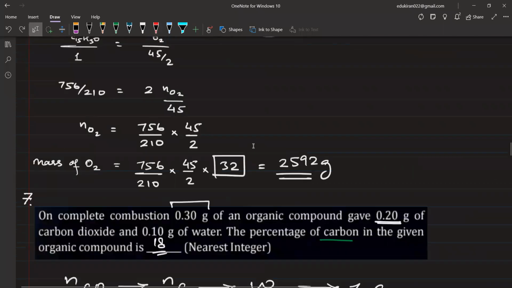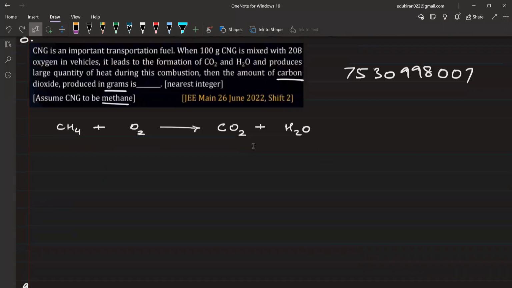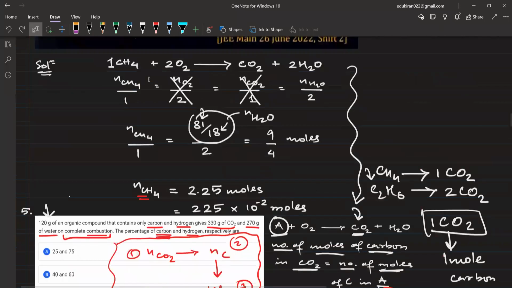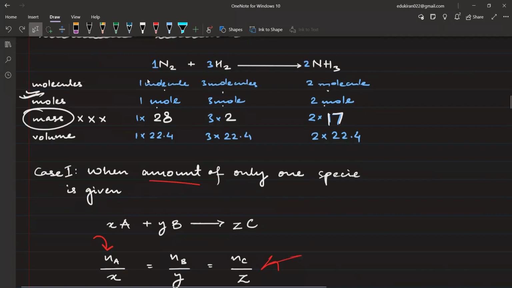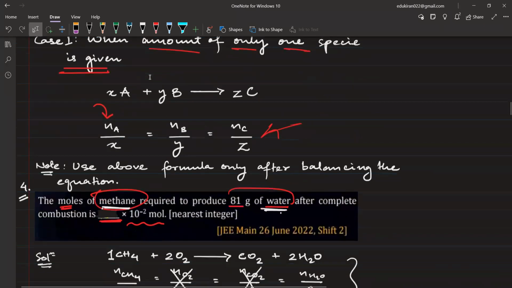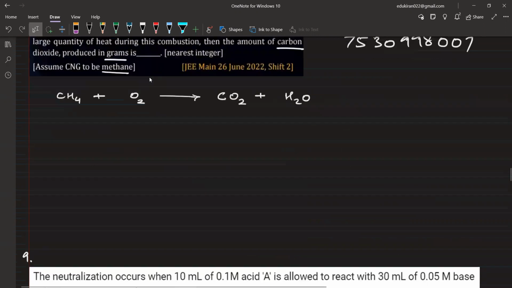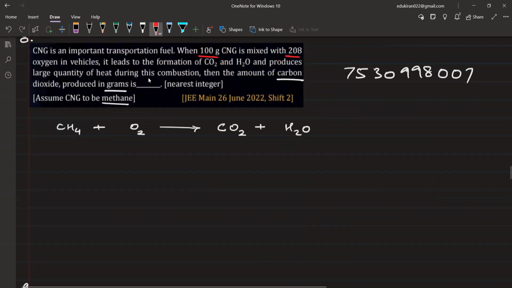Yes sir. ठीक है, चलिए इसमें सबसे पहले देखिए आप लोग, the thing is that in this question you have to use the concept of limiting reagent, because हम जो cases अभी तक पढ़ रहे थे that was when amount of only one species is given, तब we can simply use this। जब लेकिन जब amount of two species is given, यहाँ पे उन्होंने they have given 100 gram of methane and 208 grams of oxygen, जब दोनों दिया हुआ है तो first of all you have to calculate the moles upon coefficient ratio। You will balance this equation first of all। आपने balance किया है, चलिए balance कर लिया है आपने।